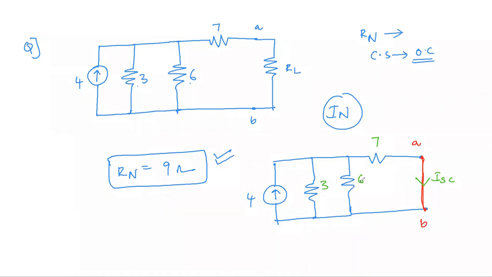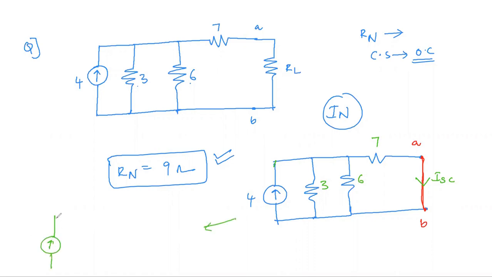As 3 and 2 are in parallel, just replace them with one single resistor. After replacing, you will get 2. You can make it a current division also, and you can do source transformation. If you do source transformation, you will get one voltage and one resistance, so it is a simple loop that you can find, or you can also do it this way.